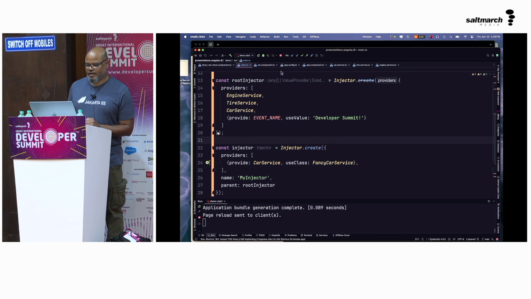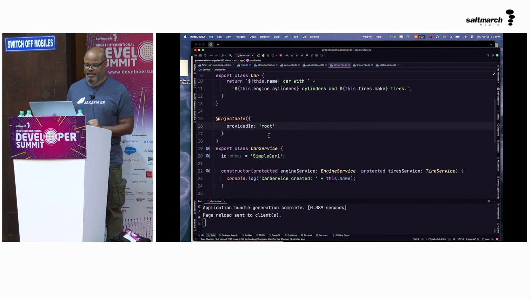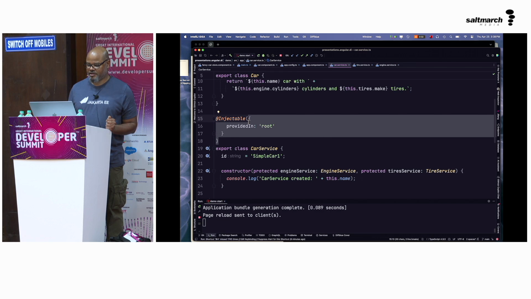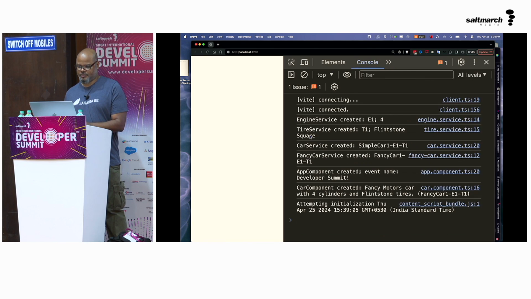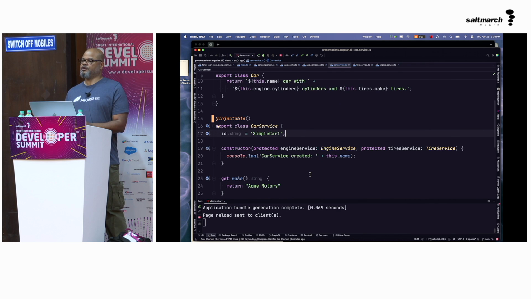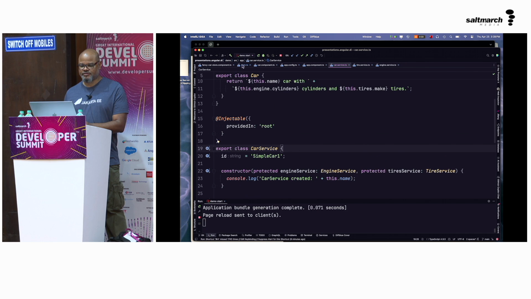So we talked about earlier this idea of provided in, right? And we don't really need it right now, so we can get rid of it. You think things will still work out okay if we get rid of it? Let's see here. Oh, still seems to work. And the reason it works is because we're actually manually creating stuff, it doesn't really make a difference, right? So let's take a step back from this.